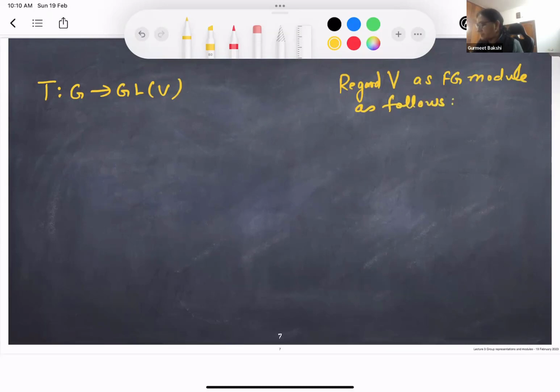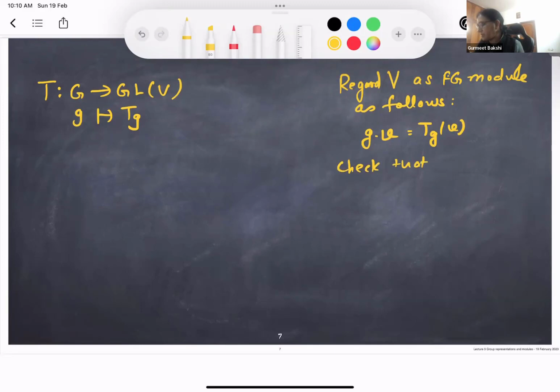So what do you need? You already know how the elements of F and the elements of V multiply. So all you need to define is what is G dot V. How do group elements multiply with the elements of the vector space? Now from a group element, I can go to a linear transformation from V to V. So look at this linear transformation and apply that on V, and you can check that